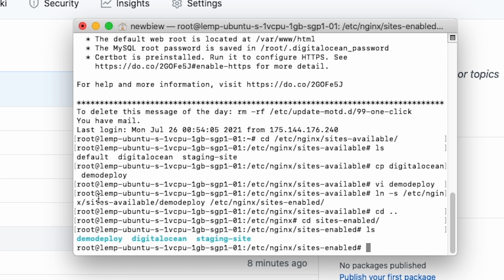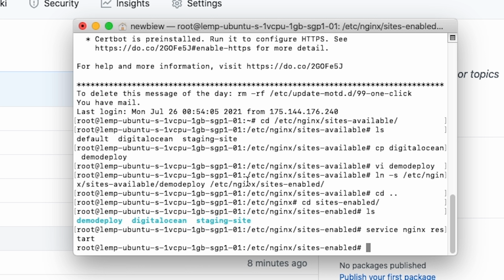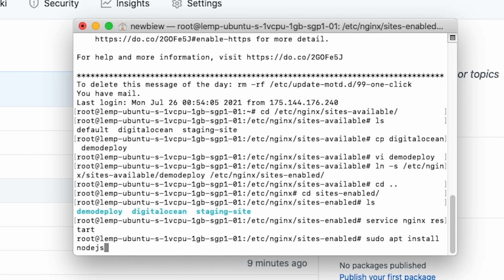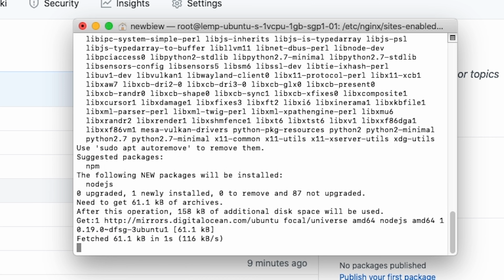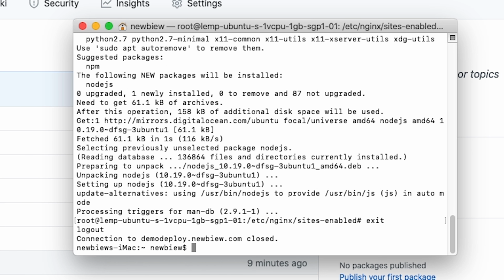After that, restart the Nginx service by typing service nginx restart. Since we are in the hosting server, we can now start to install Linux packages, which are Node.js and others required by Laravel. Once installation is done, we go back to